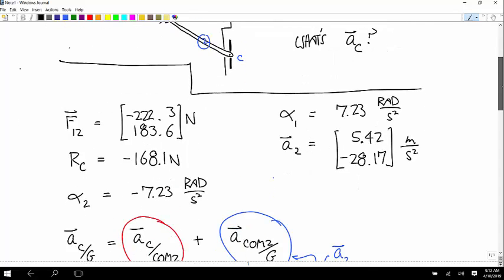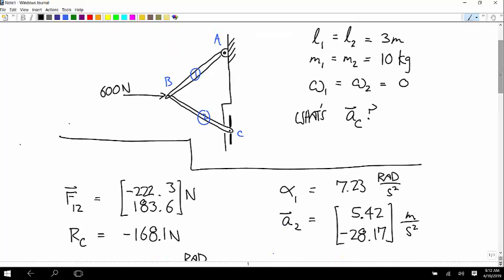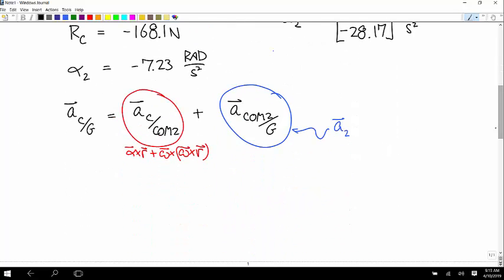One of our constraint equations was that at this location C, there can't be x acceleration. And so when we plug our values into this expression, we need to get an x value that's 0. If we don't, then something went wrong. But when you calculate this, what I got was 0 for x. I think it was like negative 0.0025 or something. You know, there's going to be some round-off error, but basically 0 there, and then